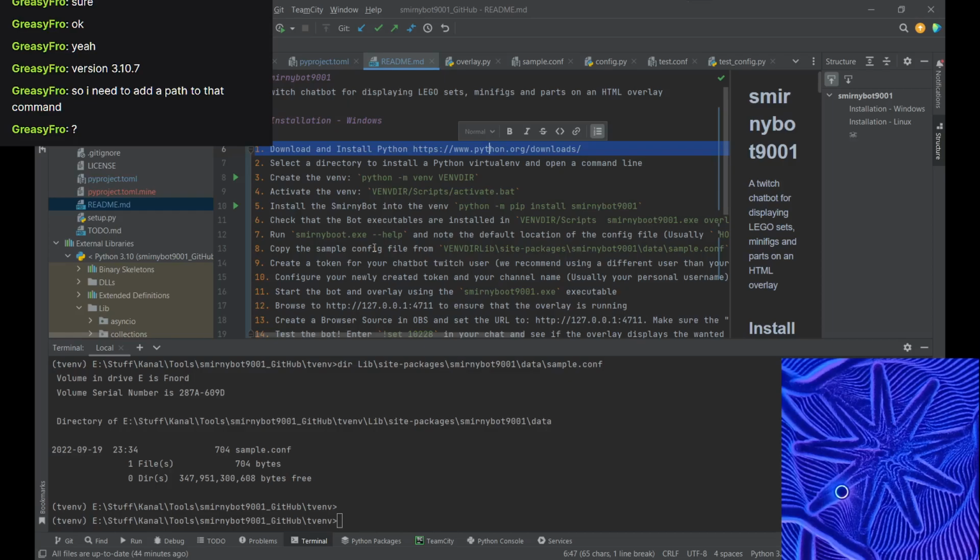And if not, you will have to add the path to the Python in the command. So what happens if you enter Python in your command line?